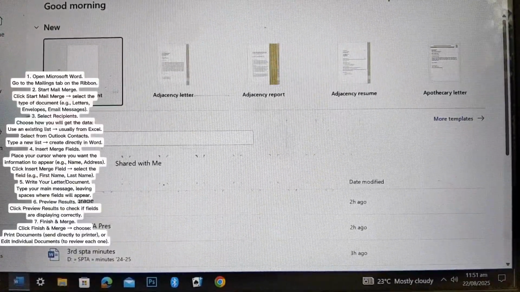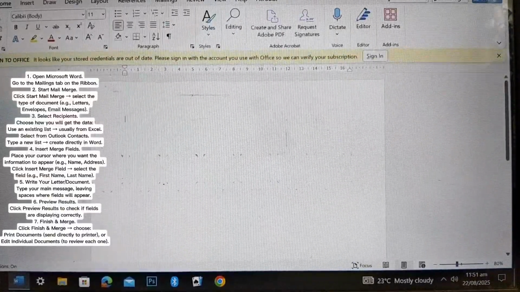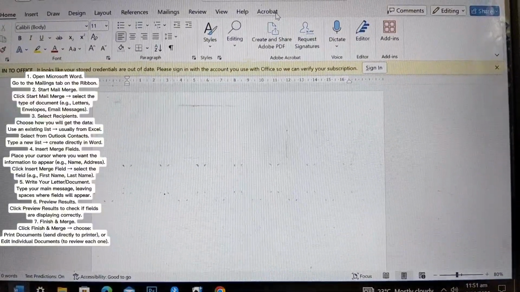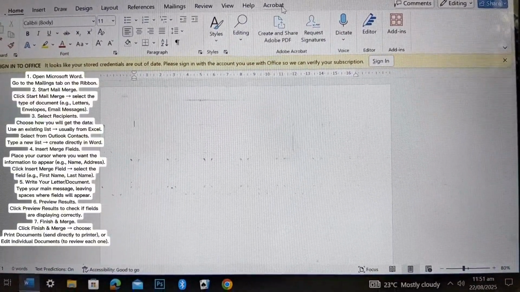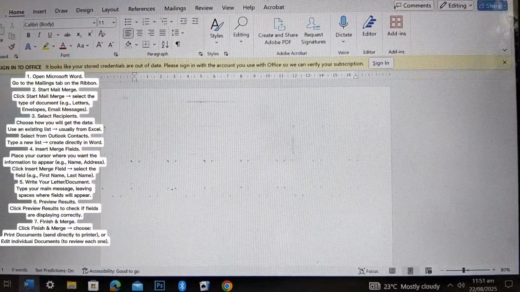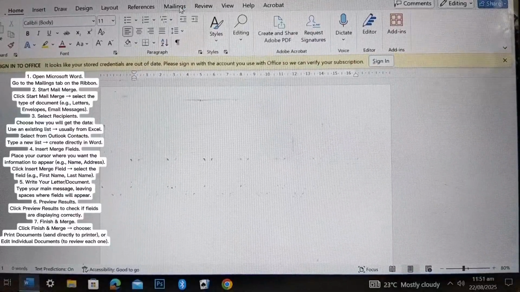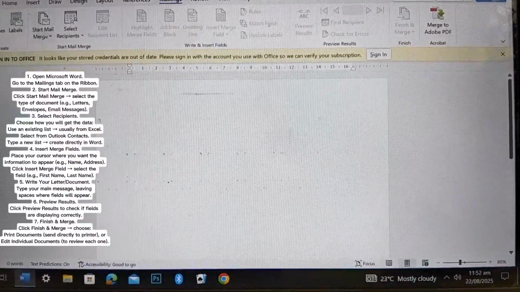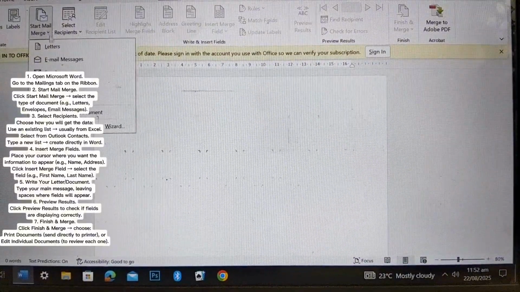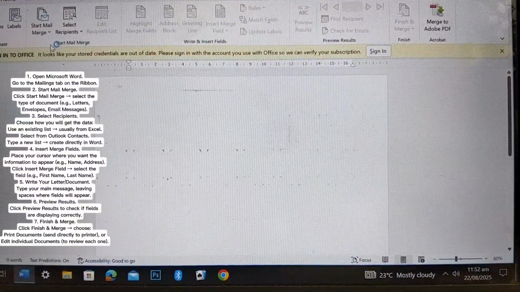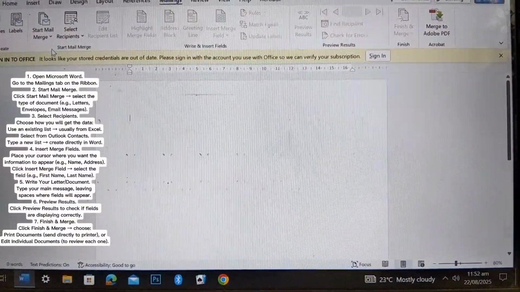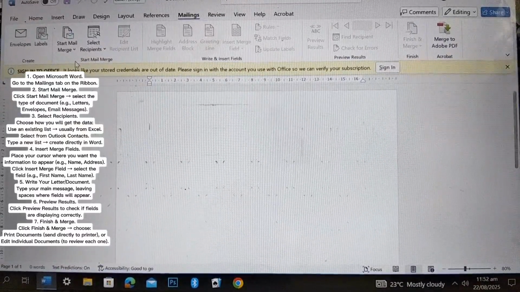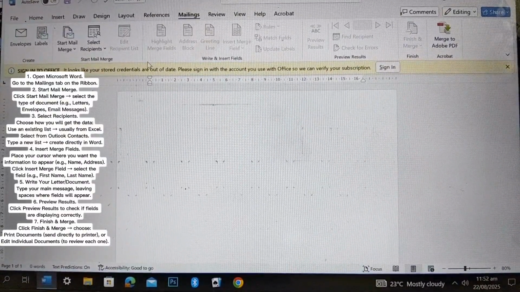So first, we should choose a blank document in Microsoft Word. Then, after that, we will go to Mailings. After we get into Mailings, press Start Mail Merge and tap Letters. After tapping Letters, we should tap Select Recipients